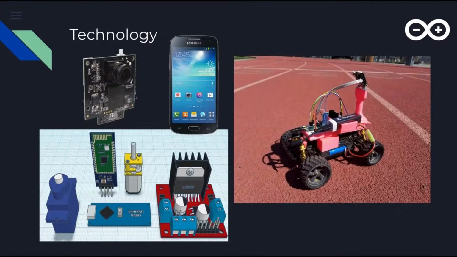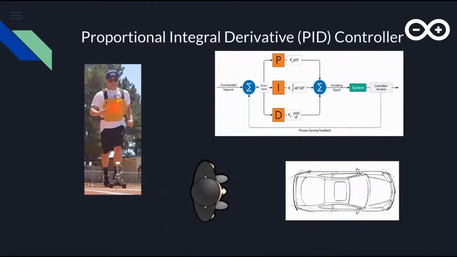there's a camera in the back, which is right here. Its job is to keep track of the bright orange square here in the vest. It's always sending the X and Y coordinates to the Arduino. Now, the main component in the code is the proportional integral derivative controller, or PID for short. To give you a brief overview of how it works, the X and Y coordinates get sent into the PID controller,